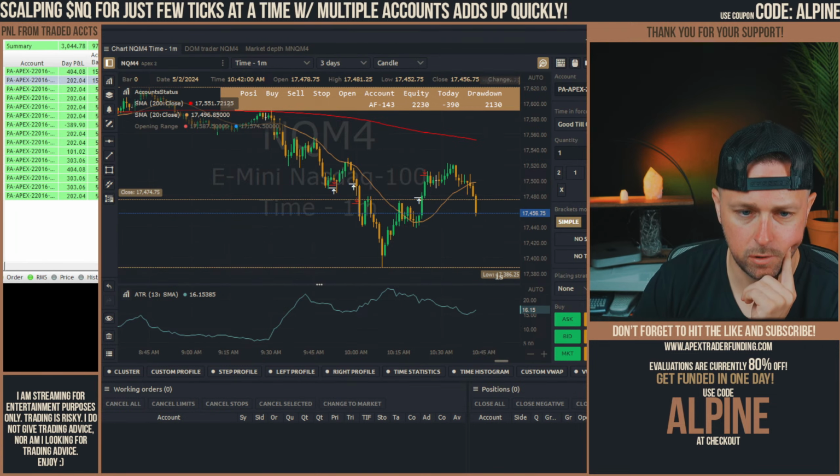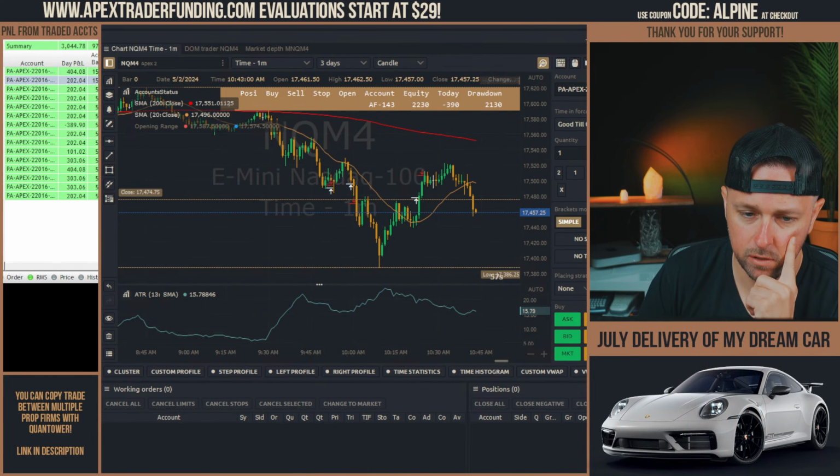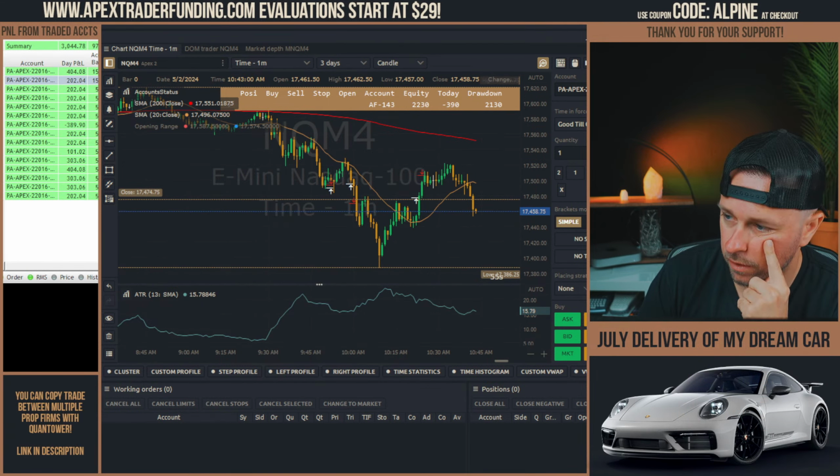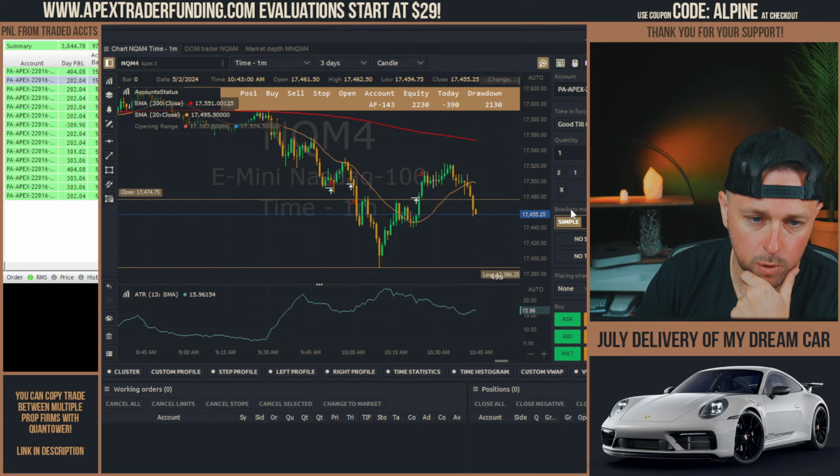So I'm talking in my Discord about Sierra Chart. Everyone's saying Sierra Chart is the best as far as being so robust. So I might give it a try one day, even though I don't have issues with Quant Tower, and I'm so used to it, but